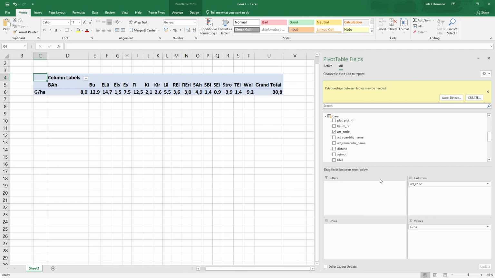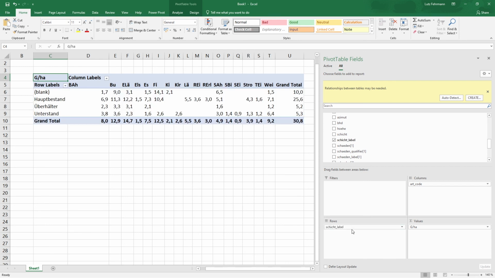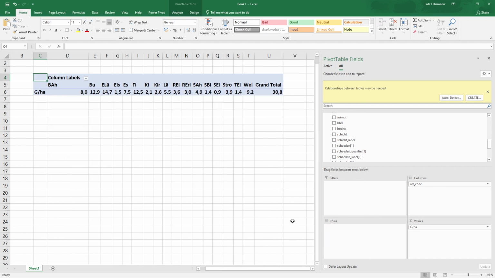We can take it out and we can filter for any other variable, like, for example, the canopy layer that we have used in the field. And also here you see that everything is then computed for this new filter or slicer. So in fact, what I wanted to show you is that there are some smart technologies to implement estimators also in Excel.